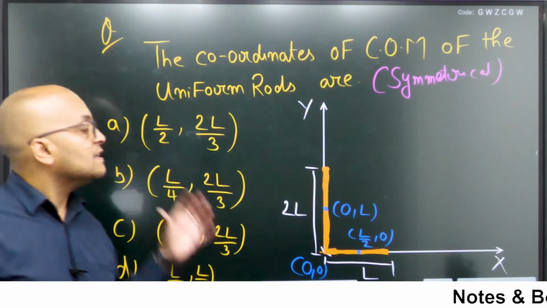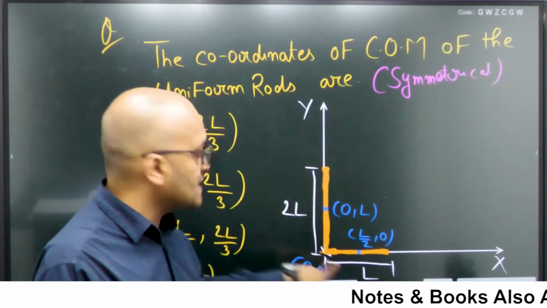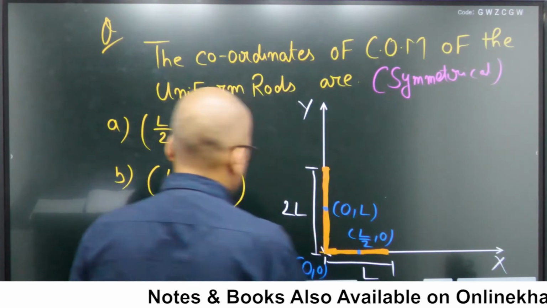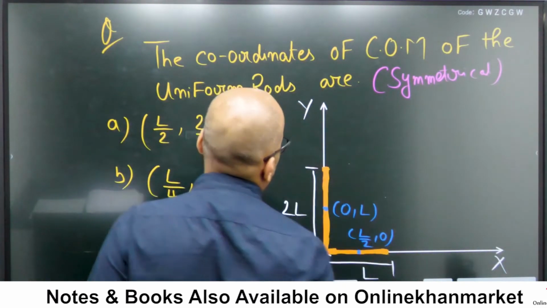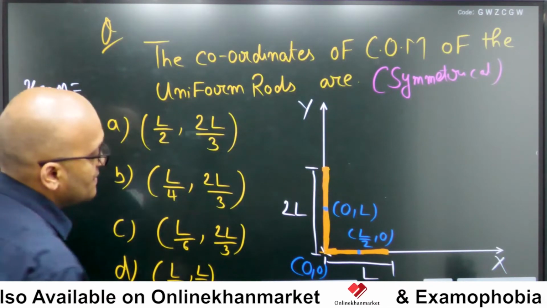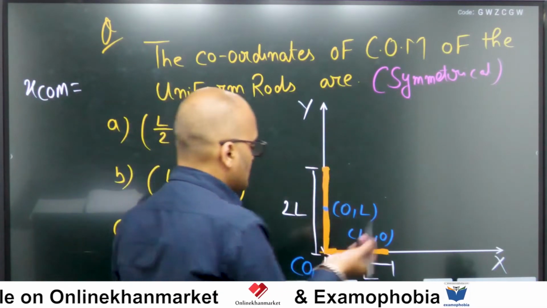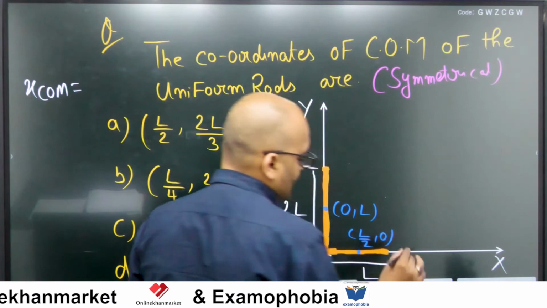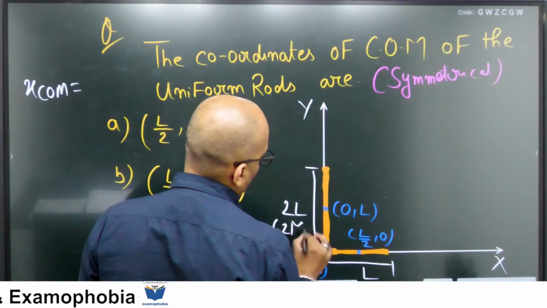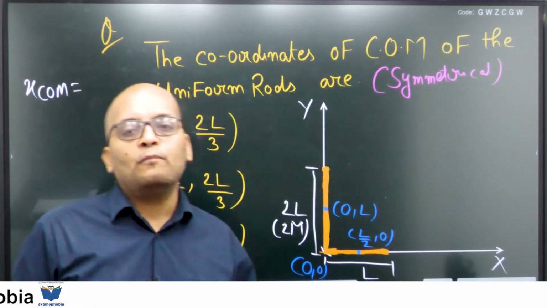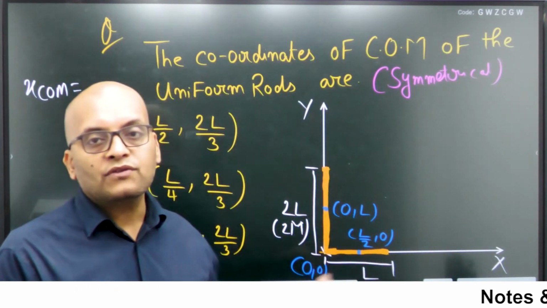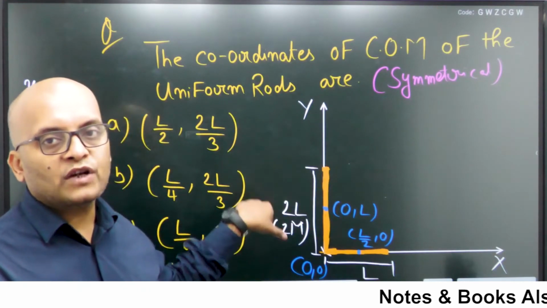Now question asks us what is the center of mass of this system, the combination of these two rods, of this entire system. So let's calculate it. Now it is very easy to calculate. See. So center of mass of this system, if I calculate the x coordinates, and let's say mass is not given to us, we can take any mass if we want. So let's take the mass of this horizontal rod as m and mass of this vertical rod as 2m, right? Because mass is not provided to us, and you all know by now that mass will cancel out, so no relevance of it. Fine. So I have assumed the mass of this horizontal rod to be m and mass of this vertical rod to be 2m.